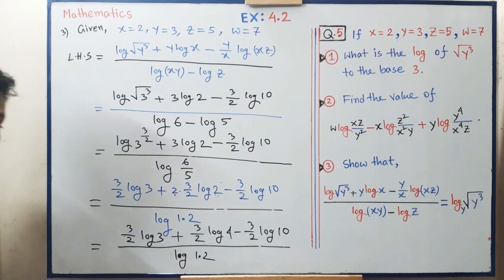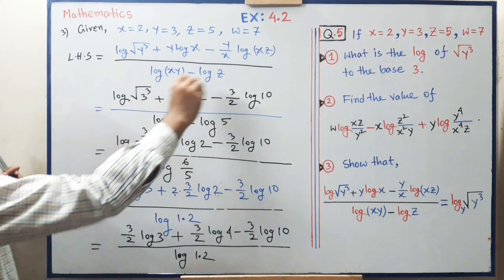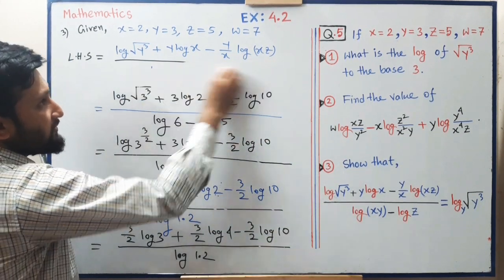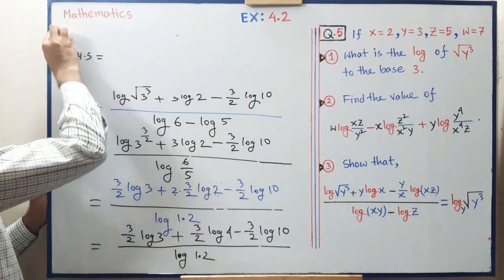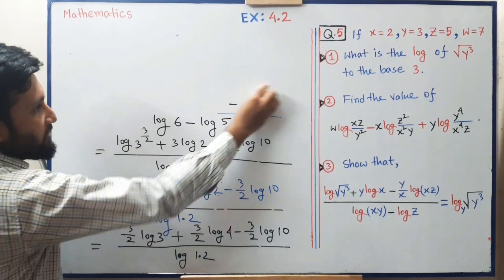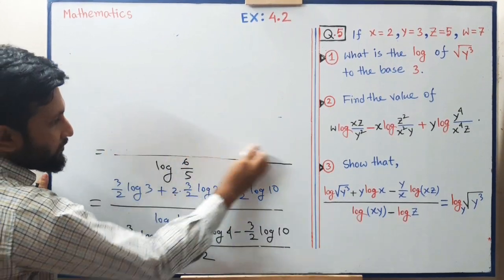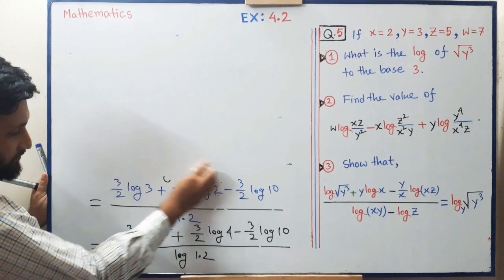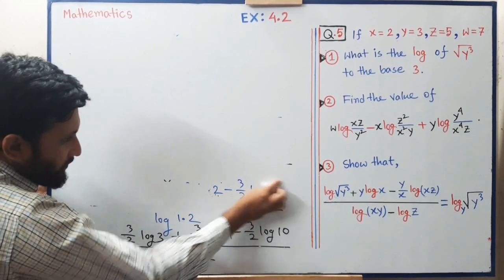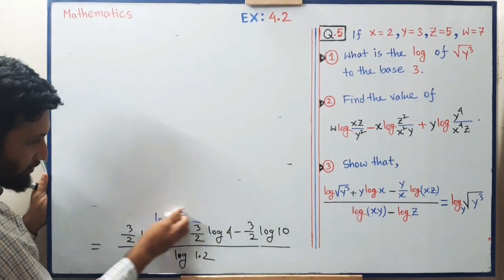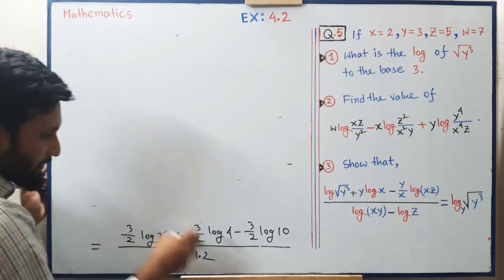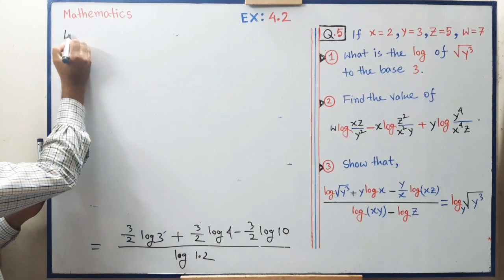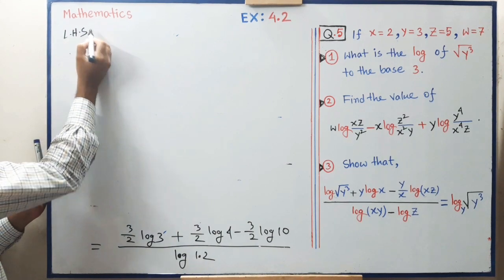Now for the next calculation I have to erase this first part. So now erasing the first part to solve the next calculation. This is the left hand side, and the next line will be: